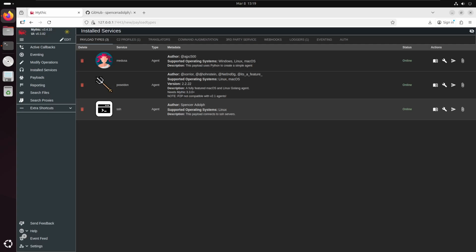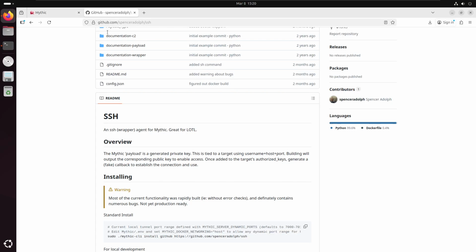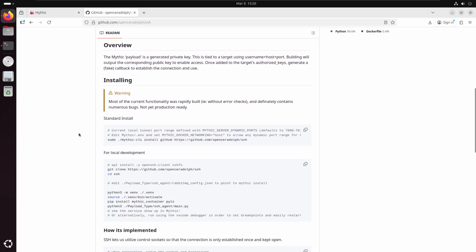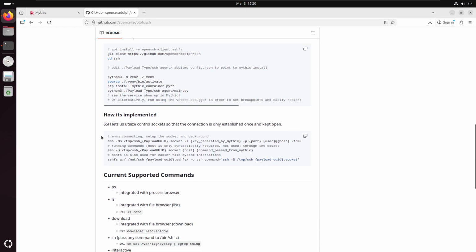I will be demonstrating the SSH wrapper agent for Mythic. This agent is built for post-exploitation, not necessarily initial access using SSH, but for follow-on collection operations. The source code can be found here on Github, which covers the installation, local development setup, as well as currently